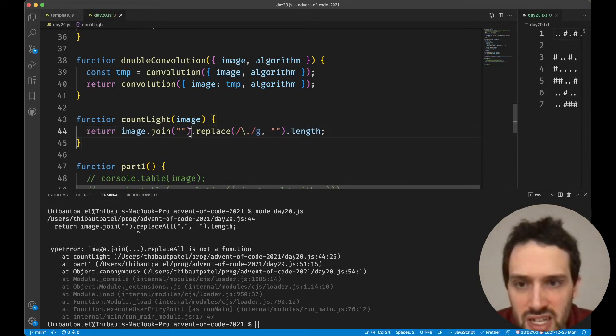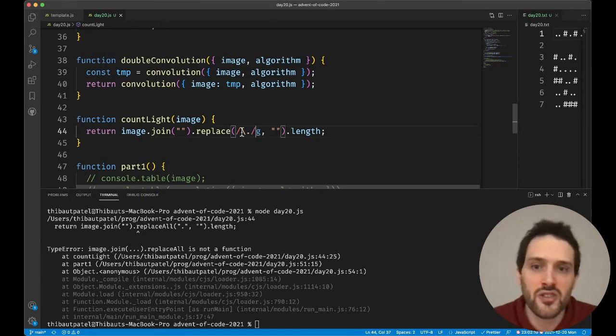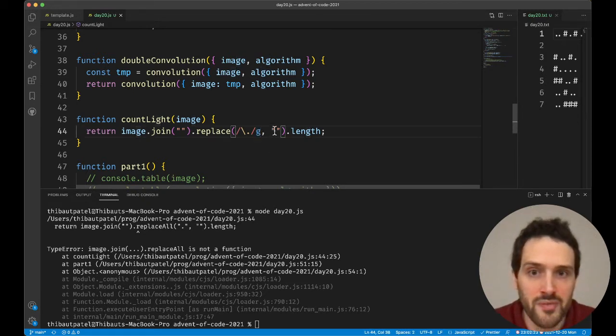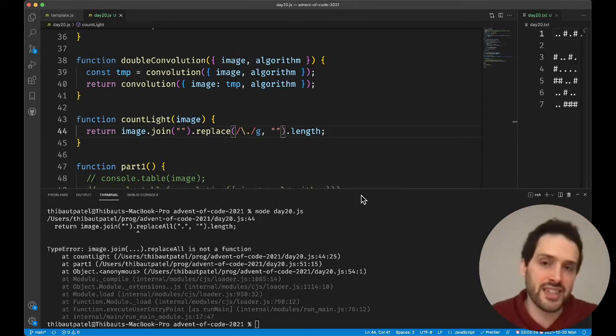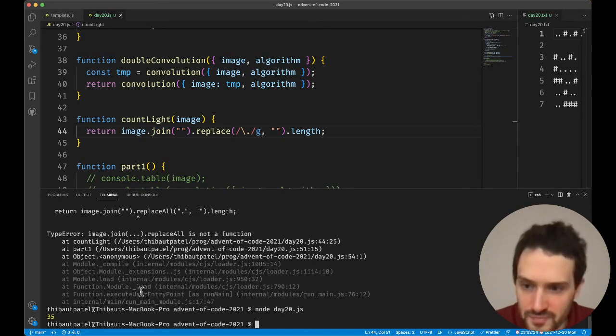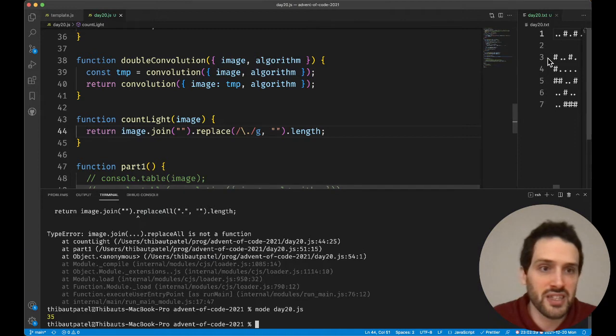We take a string here, dot replace. We take this regular expression, a dot that is anywhere, so we have to escape the dot because the dot has a special meaning in regular expressions. So this is an actual dot, and the global flag means checking all of them, and we replace all of them by nothing, which means we delete all of the dots from this string. So we just keep the hash, and we take the length of the string. We have 35, which looks really nice, so we're just going to take that,